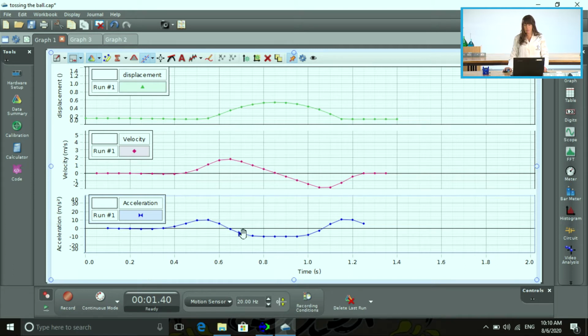So we're ignoring that part because we just want to look where it was actually under projectile motion. So once it had left my hands, we're looking at this part here where we can see our acceleration is around -10 meters per second squared. And what happened at the end here is where we caught it again,